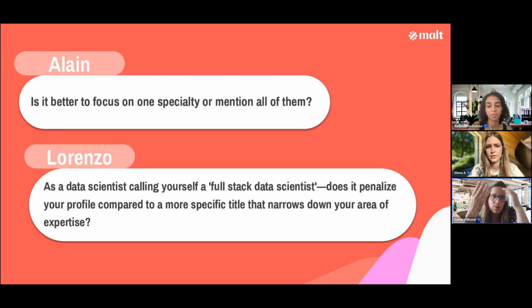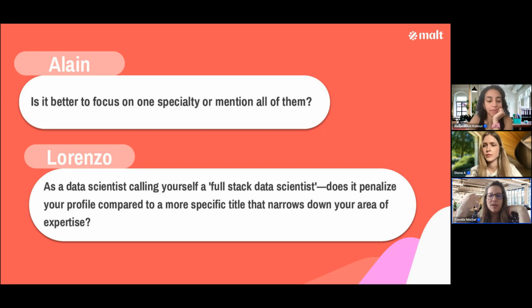So for example, I've been looking at Alain's profile, and I can see that there is not really a description for the 3 first experiences, and there are no skills attached to them, which makes it very hard for clients to understand his strengths and why he has 2 different specialties, for example. So actually, the more you justify and explain and put context to each of your specialties, the better.